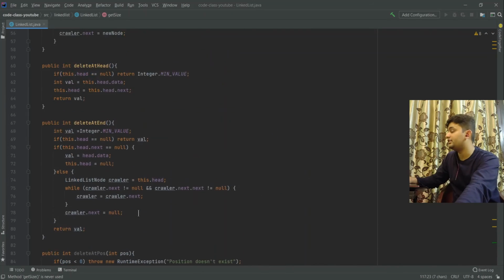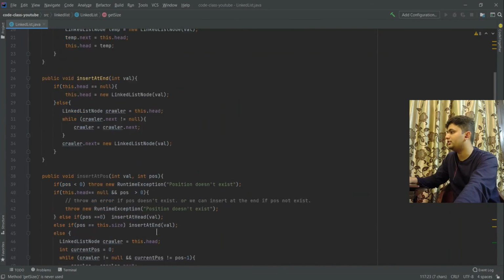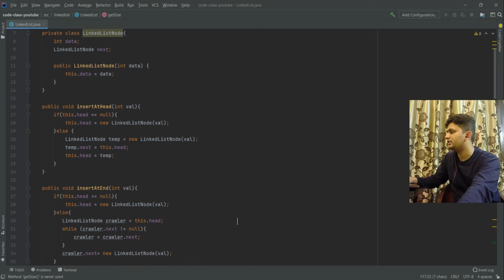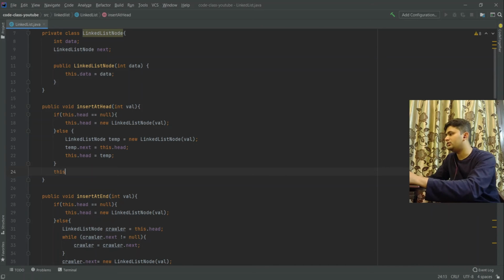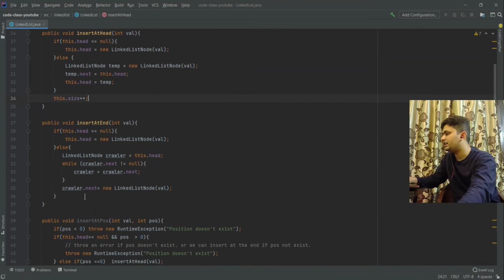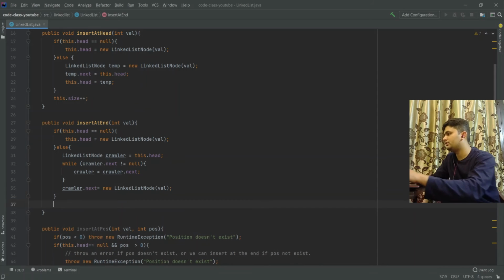One thing we didn't do is that we are not incrementing or decrementing our size whenever we are inserting a node. In insert head, we can simply in the end do this dot size plus plus. Insert at the end, we can simply do this dot size plus plus.